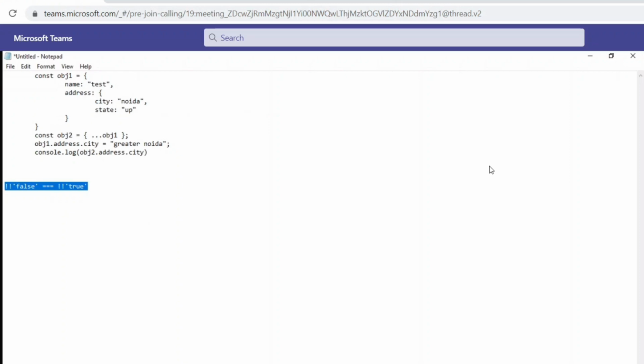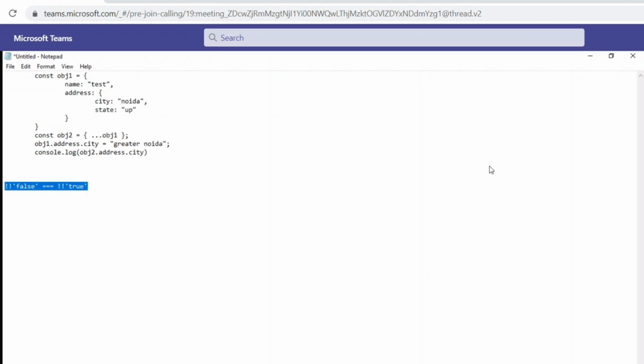What is React? React is a JavaScript library used for building interactive UI, and it is mainly focused on the view part of the MVC architecture. It follows a component-based approach to build a scalable UI.